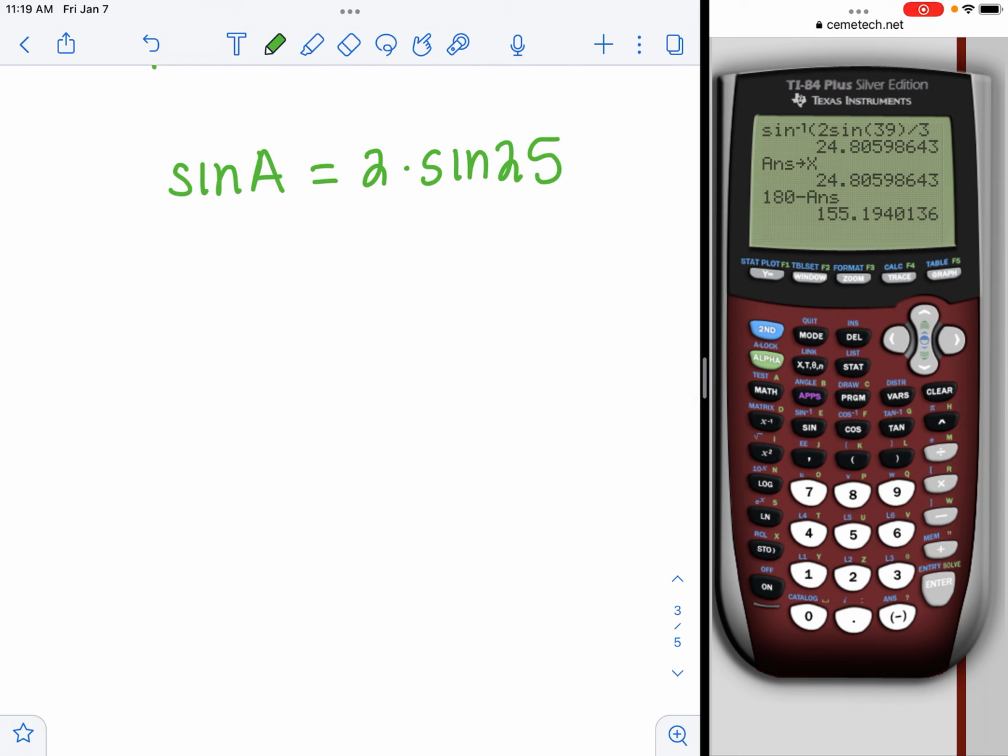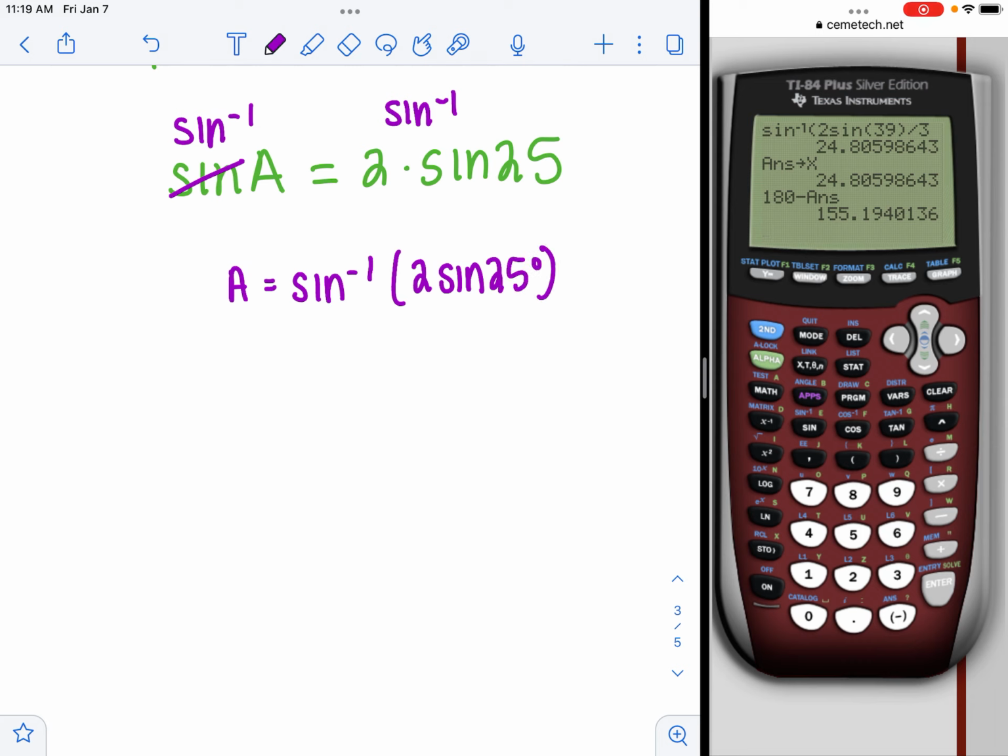I do not have to divide both sides by 1. I could divide both sides by 1, but come on. We already know that you get the same answer there, so I'm just going to leave it. But I do have to get rid of this sine here, so I'm going to use sine inverse. And I have A is equal to sine inverse of 2 times the sine of 25 degrees, divided by 1 if you want. All right, so I'm going to do sine inverse of 2 times the sine of 25 degrees. Close the parentheses on the 25. Close the parentheses again. And I get angle A is